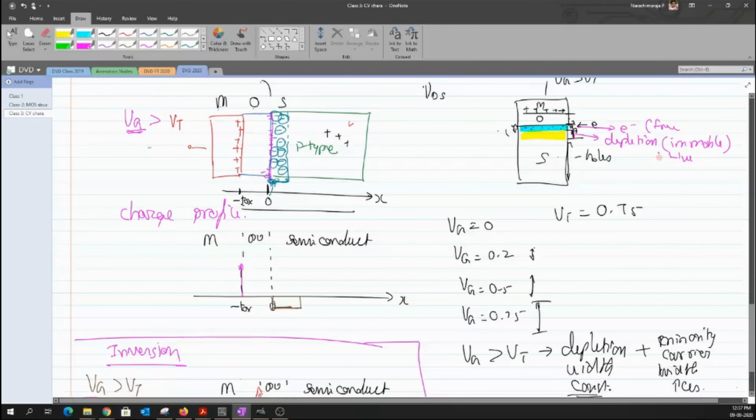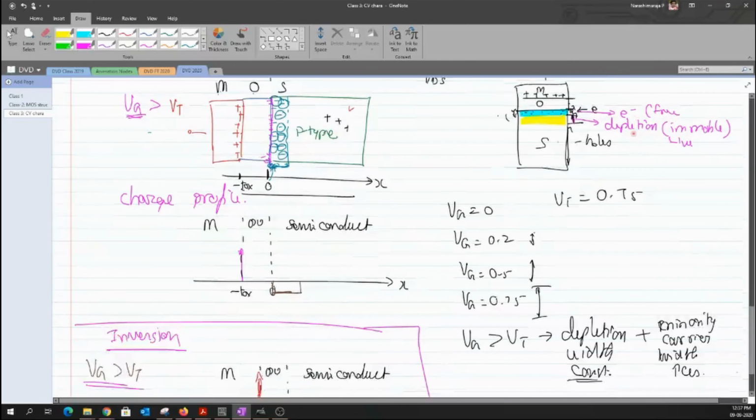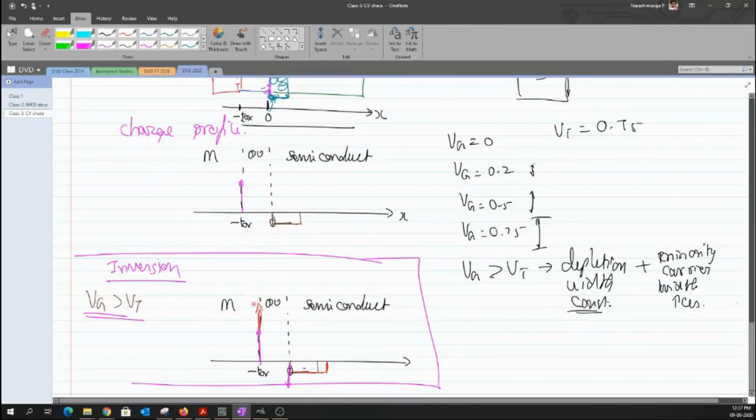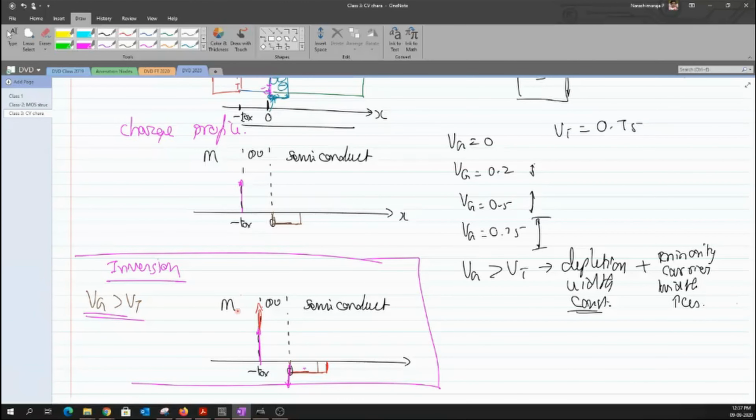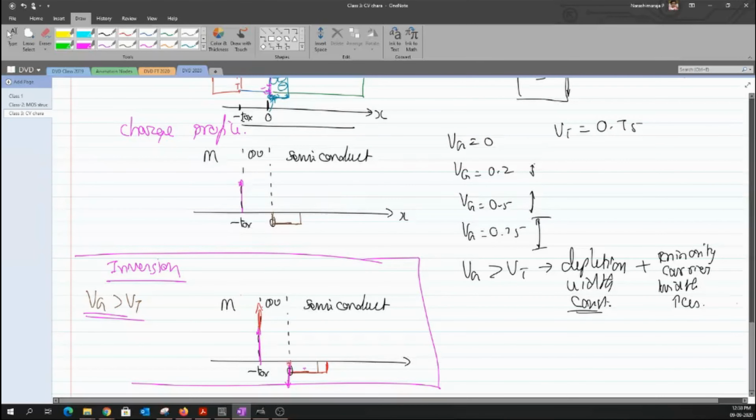Okay, so both are basically negative. So what I'm trying to say here is that whatever the positive quantity that I have has to be compensated by an equal amount of negative charges, okay? Either it is a free carrier or the immobile carriers, okay? So that has been compensated by this kind of profile, okay? So whenever I have free carriers, then those carriers are represented by some sort of spike.